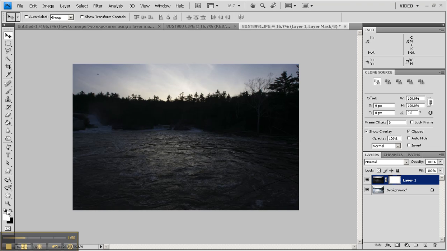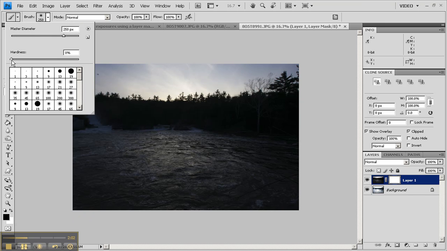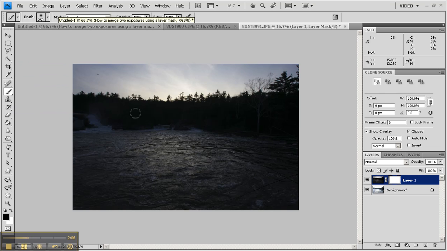I'm going to go down and click on the default foreground and background colors of black and white. Switch to black with the little double-headed arrow. Get myself a paintbrush. Want to make sure it's a nice soft brush, a hardness of 0%. And again, you can use the bracket keys to make the brushes larger, and I'll crank that up pretty good, and we'll go along here and